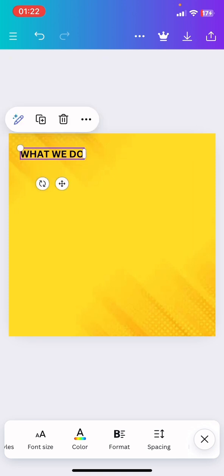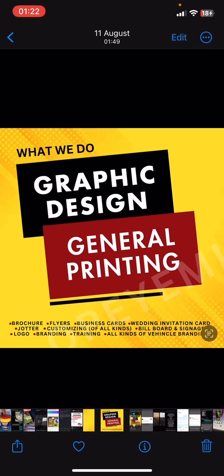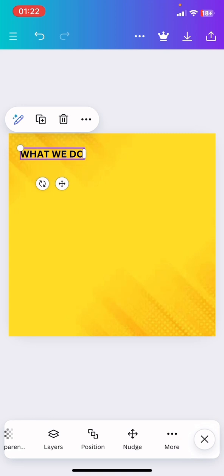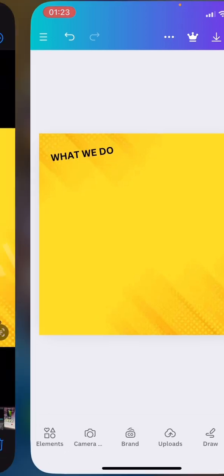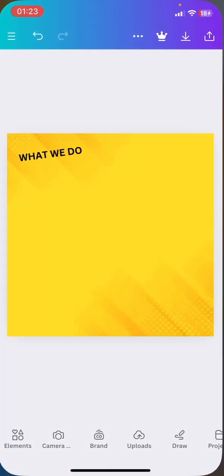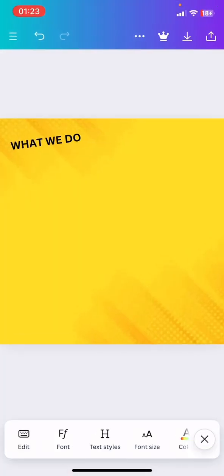So right now we need to be able to turn our text. So I'm going to use this icon. I'm going to rotate the icon. As you can see, once you drag the icon, it's going to start rotating your text. So we have this. Okay,